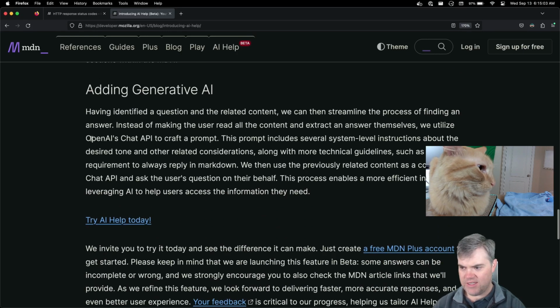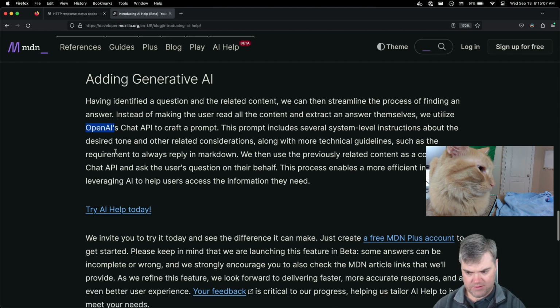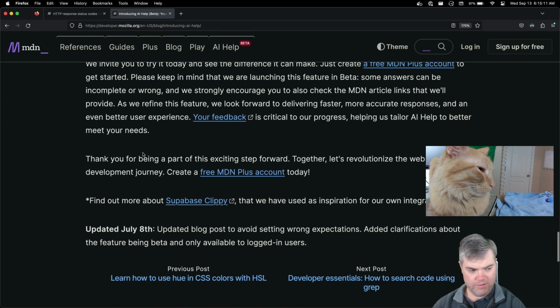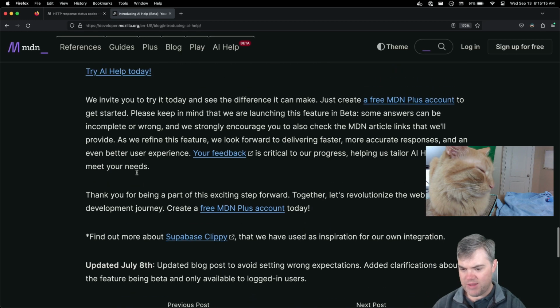Okay, yeah, so they're using OpenAI, ChatGPT, probably feed it MDN stuff, and then Supabase for something else.